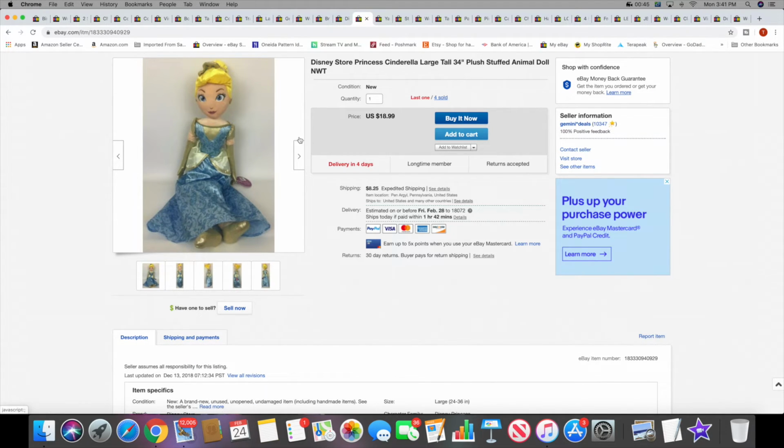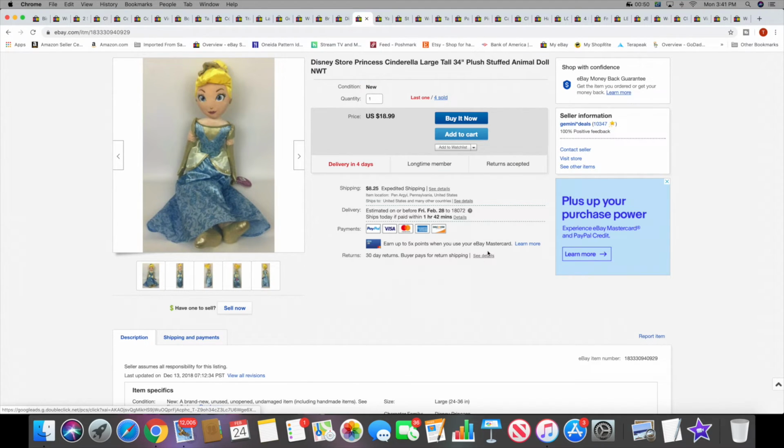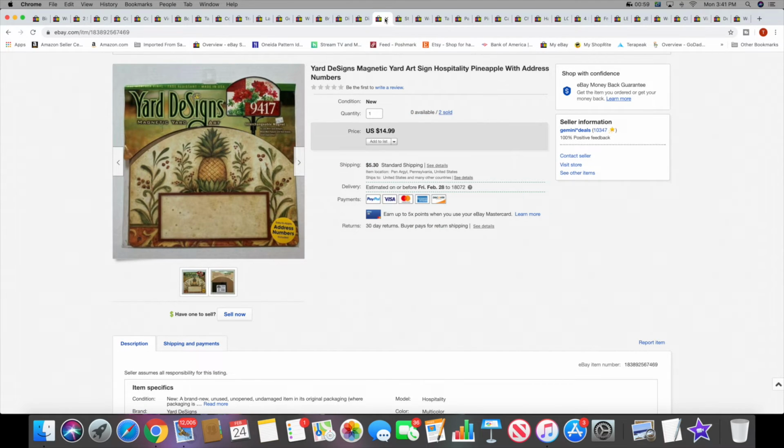Oh, 4 sold, so I have 1 more. So I must have had 5 of this one. Same buyer bought this one, so yeah, they both shipped together. $18.99 as well. Next, I sold another Yard Designs